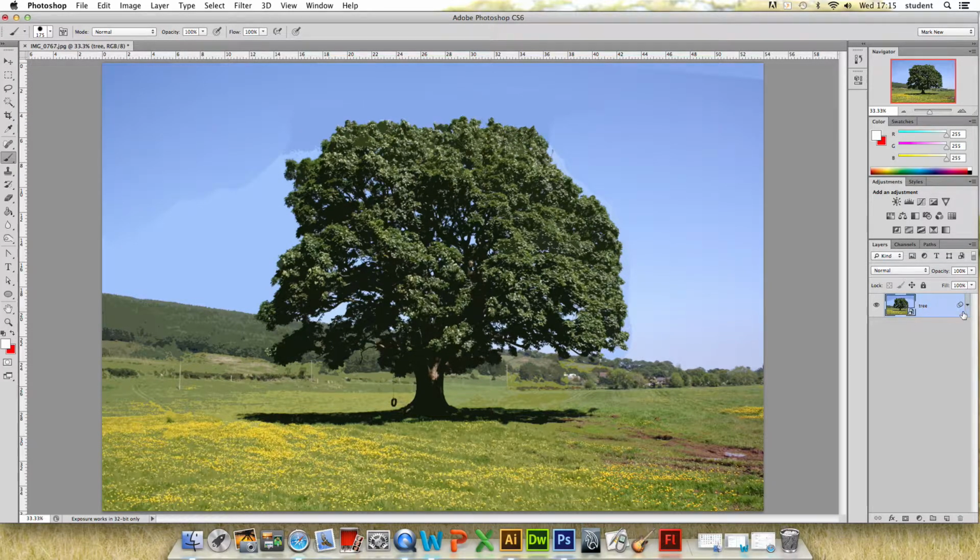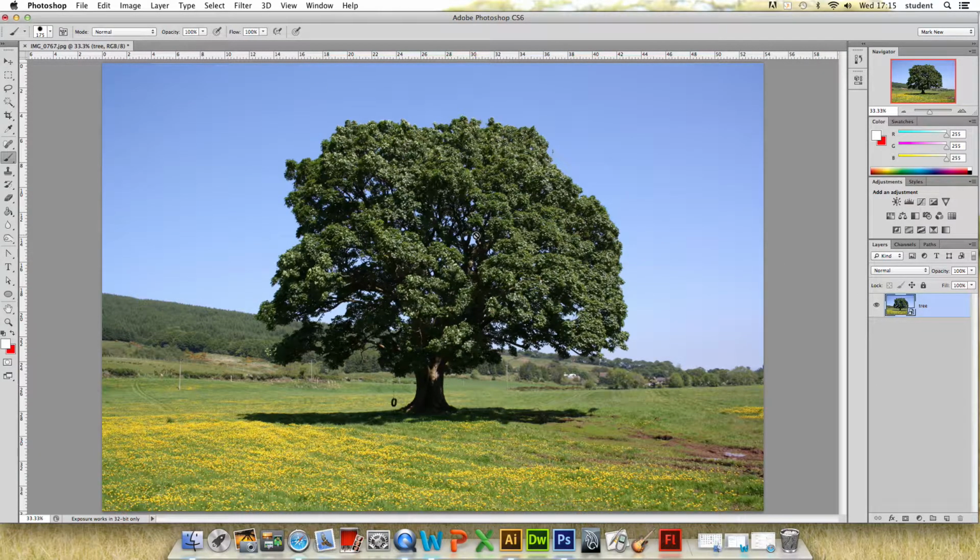So now that's a non-destructive way of applying a smart filter to my object. And if I want to get rid of it, I can just drag it down here to the bin, and that's going to remove it, and it'll allow me to go back and apply any other filters